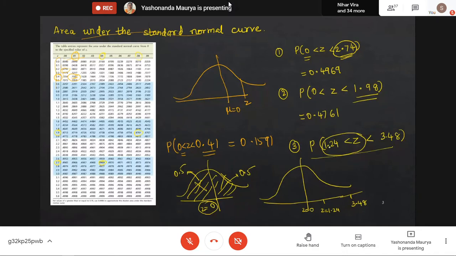Okay. So now it's talking about the probability that Z lies between these two numbers. So actually we need to talk about what is the area in between these two lines. So this is the area that we are looking for. How do we find this area? See, the table always gives us the value from the origin. Okay. So what can be done over here is,